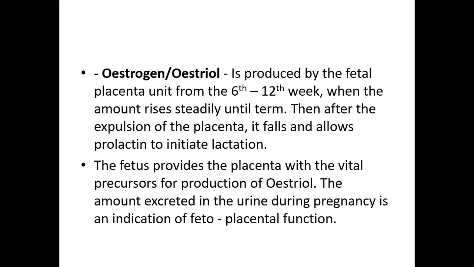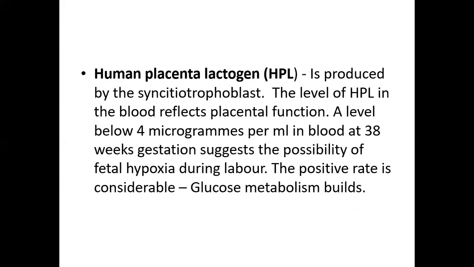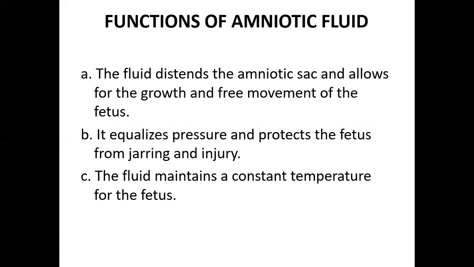Estrogen can also be produced between the 6th to the 12th week. Okay, so this is very important. Apart from that one, we have another hormone that is known as the human placental lactogen. So the human placental lactogen is also produced from the placenta. Thyroxin is another thing that can also be produced. It's a hormone that is very important. And I think for now, we can